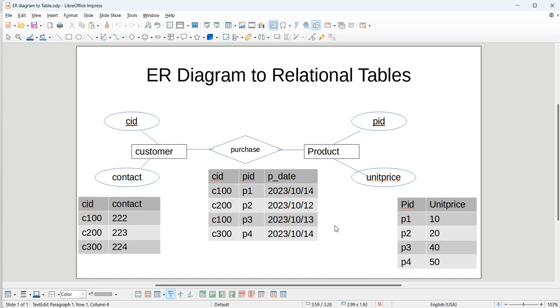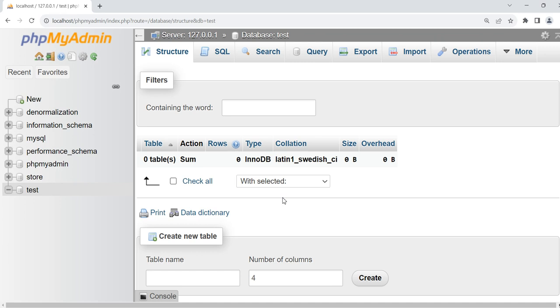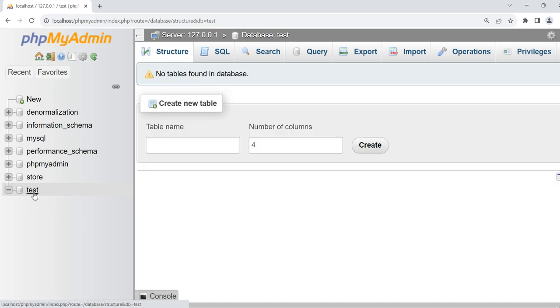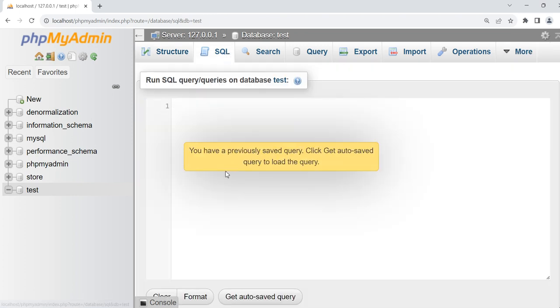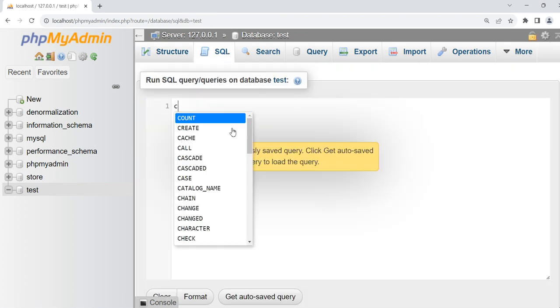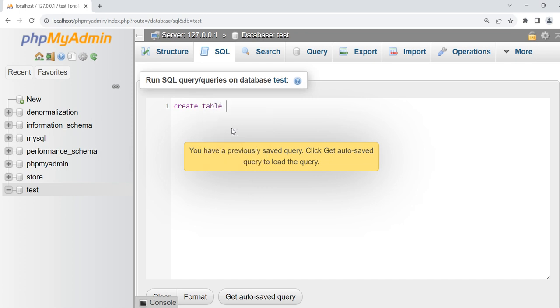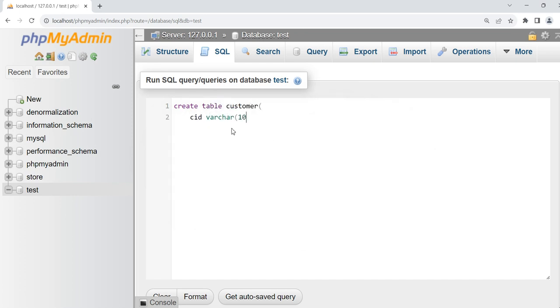Now let's write SQL statements to create these tables. I have already started my SQL database and there is a test database. There is nothing in it. Now I will write the SQL statement. Let's create the primary tables first. Create table customer, CID varchar 10. This is the primary key. Then contact